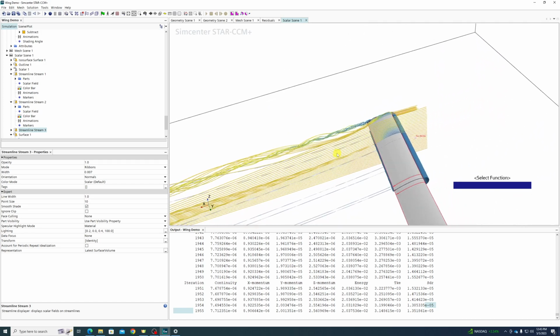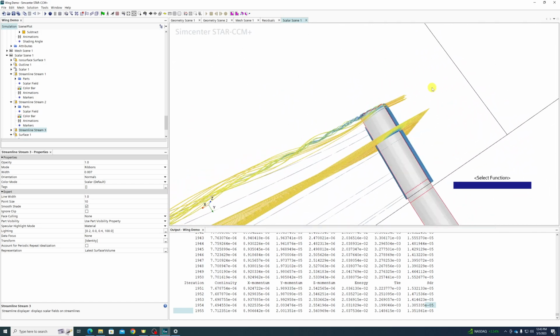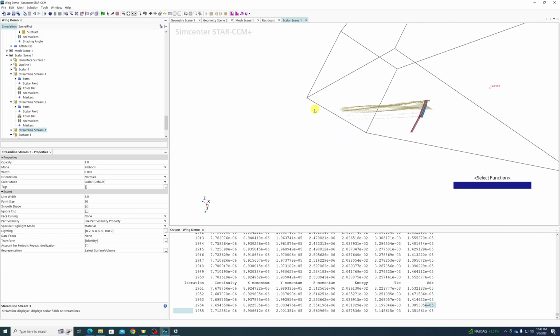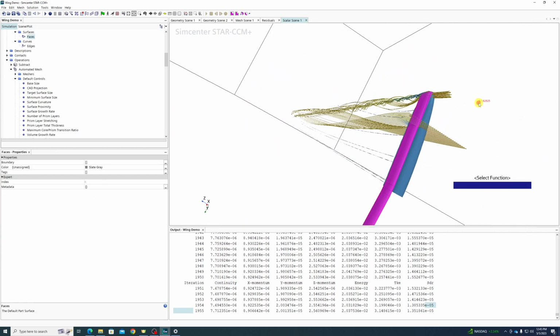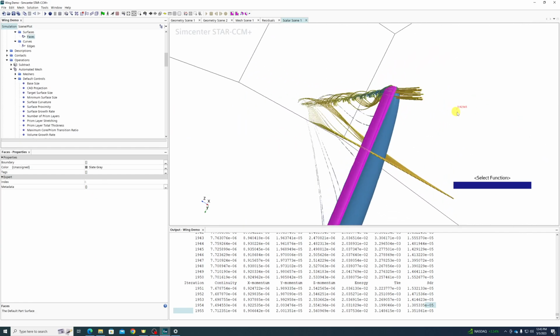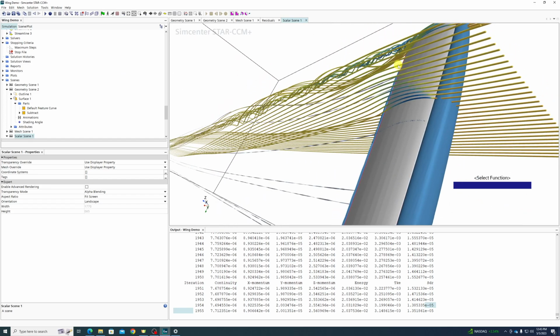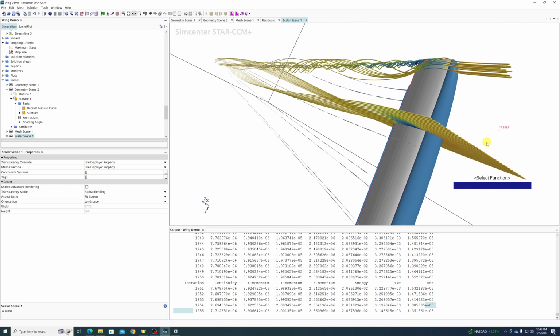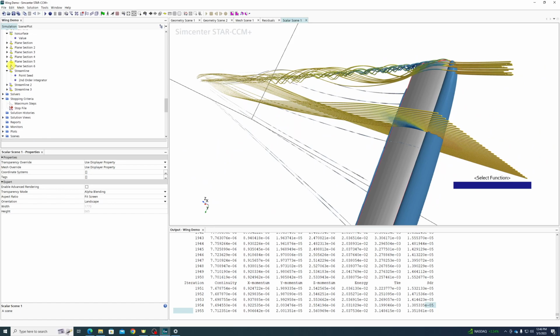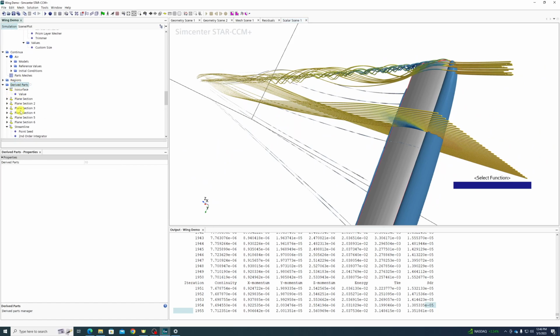So those are some very powerful ways to visualize flow in 3 dimensions. And a finite wing, similar to this, but not this, is what you'll get for the final assignment to look at a 3-dimensional model. You probably only need a million and change cells, maybe ish. I wouldn't go less than a million, but I wouldn't go more than like 2 and change unless you're feeling particularly ambitious. But there are many ways to visualize 3-dimensional flows, and they're primarily involving derived parts to get